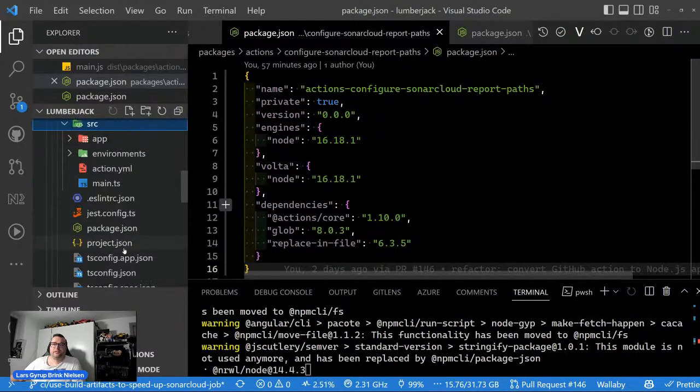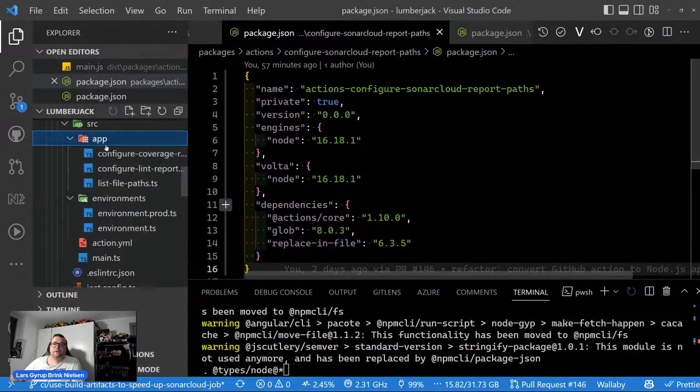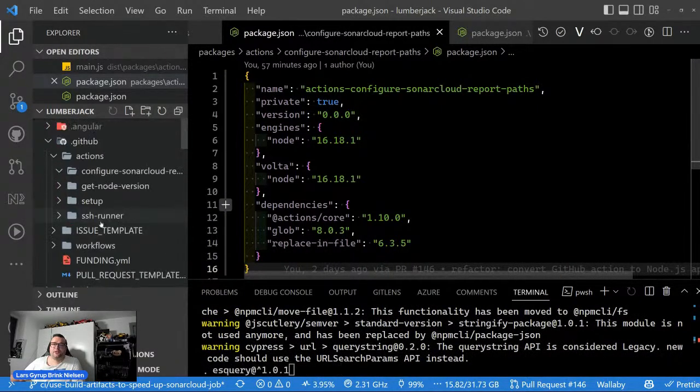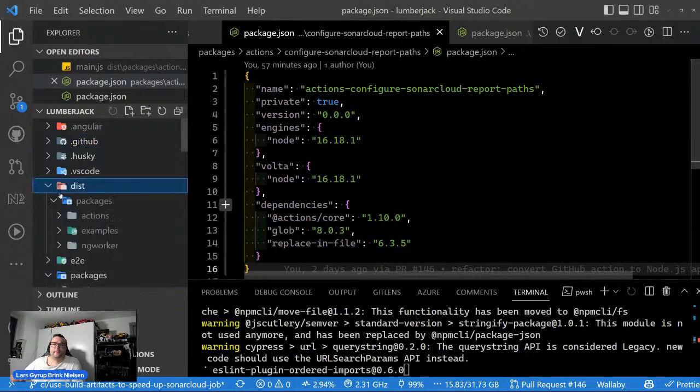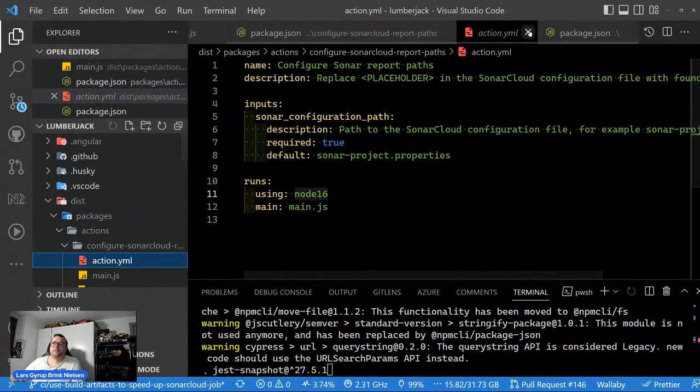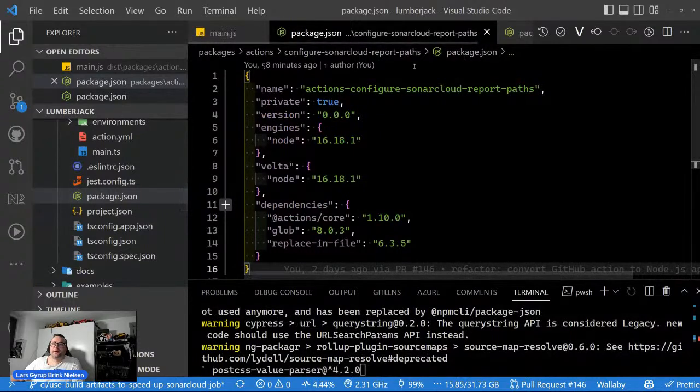So I have all the nice things with Jest and ESLint, using TypeScript, and NX will package it with Webpack and whatnot, and it'll end up being just one file and the Actions YAML file, right? So then I can use that in my